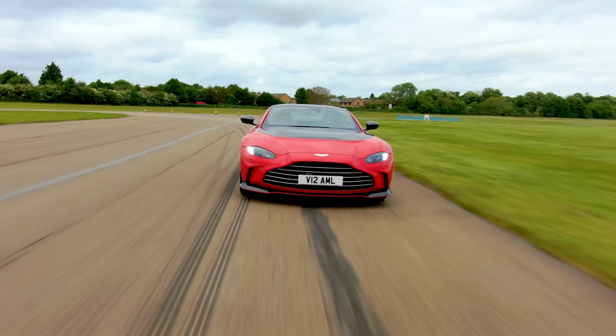So hello, welcome back to the bunker, and today we've got a very special guest in none other than the new Aston Martin V12 Vantage. Now, only 333 of these cars are being made. This one is around about £285,000, sir, and they've wedged in a V12 engine pretty much from the DBS into what was originally a V8